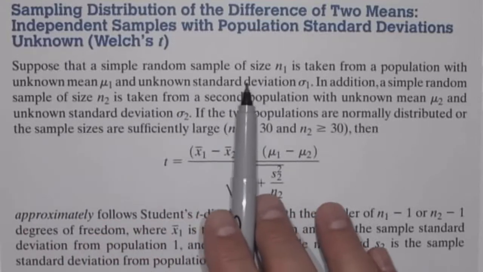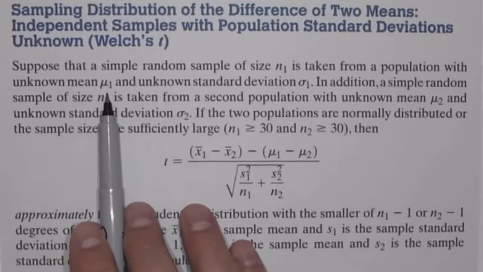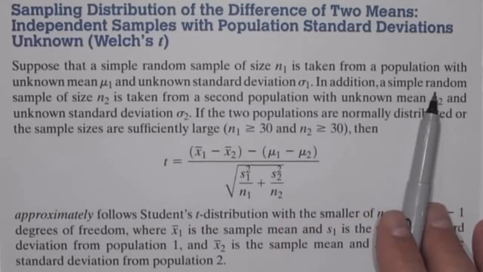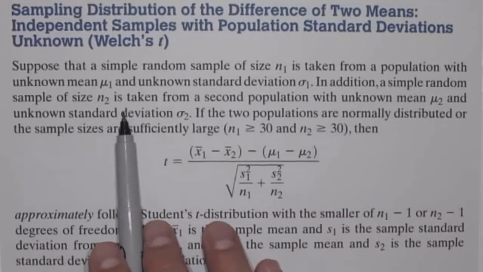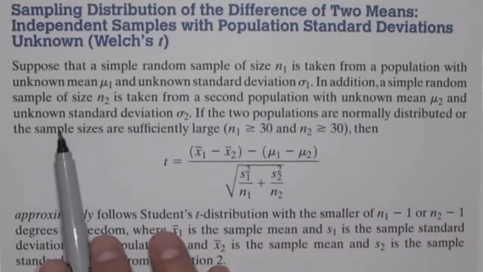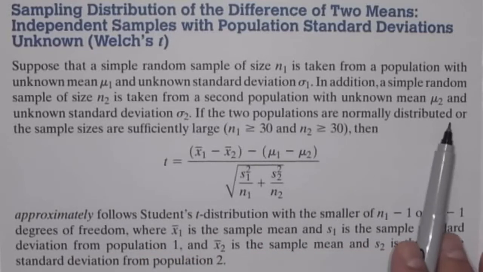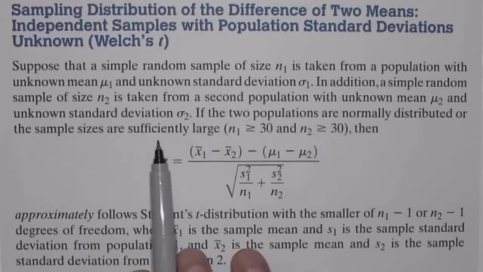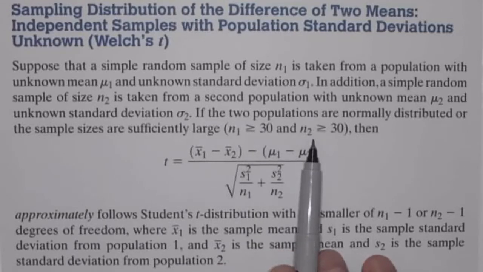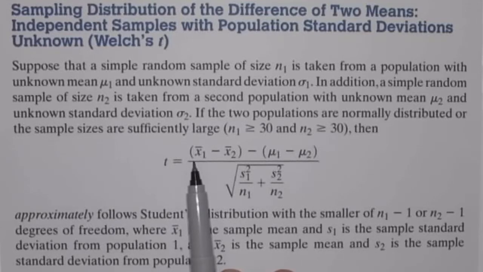Suppose that a simple random sample of size n1 is taken from a population with unknown mean mu1 and unknown standard deviation sigma1. In addition, a simple random sample of size n2 is taken from a second population with unknown mean mu2 and unknown standard deviation sigma2. If the two populations are normally distributed, or the sample sizes are sufficiently large, meaning n1 is greater than or equal to 30 and n2 is greater than or equal to 30, then T equals the quantity x bar 1